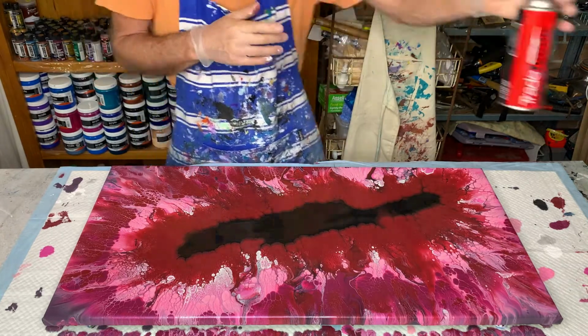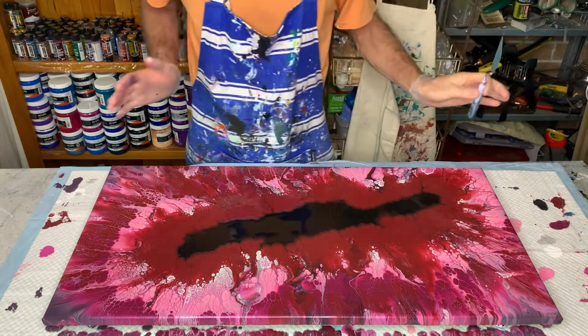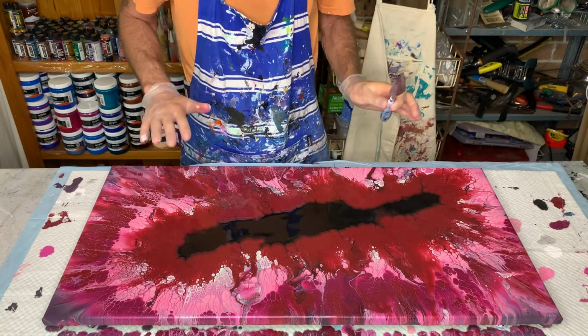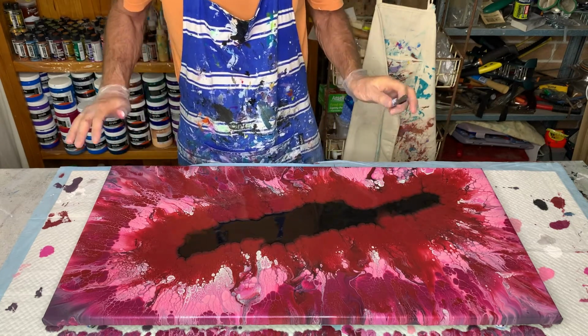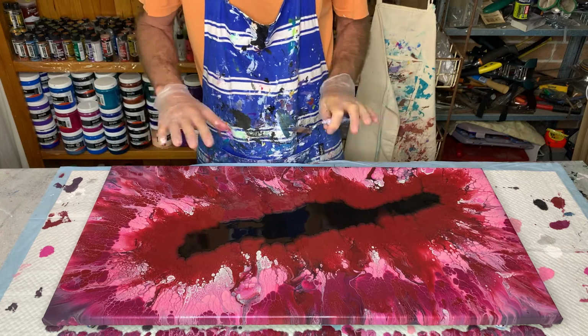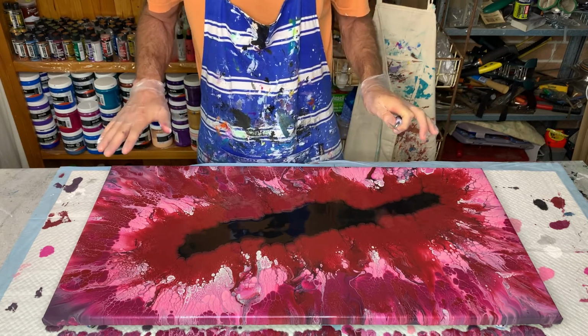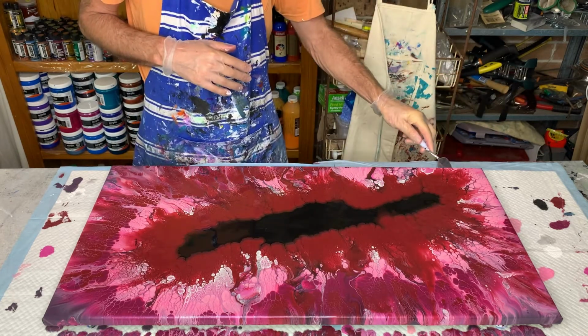Okay, that'll do. I'll barbecue everything. Well, yeah, the metallics react really well with the Amsterdam paints, and you get all sorts of interesting cells and lacing effects happening. I'll let this sit for a little bit before I bring you in for a closer look. But in the meantime, I'll just go around the edges and scrape off the bottom edges,